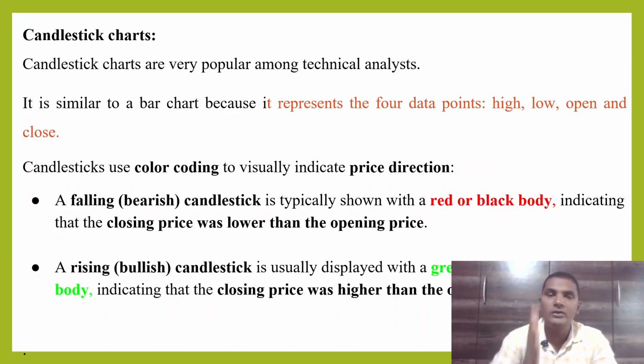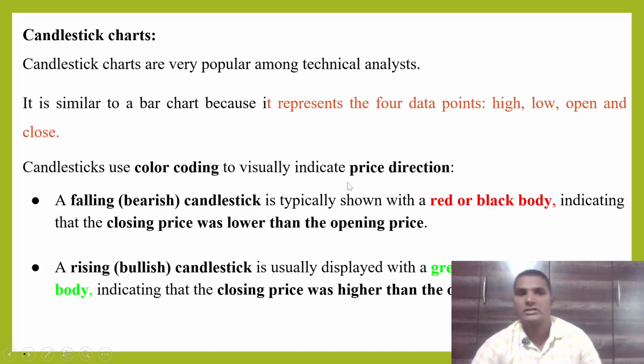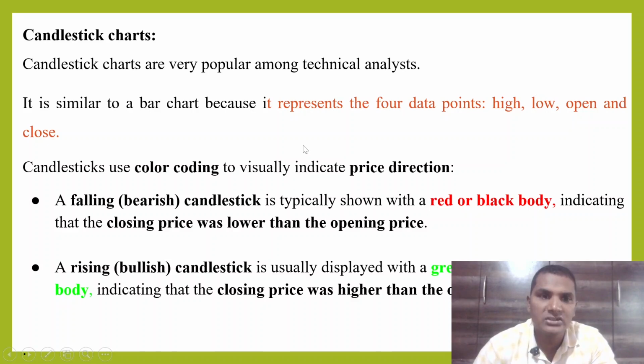बिकॉज बार चार्ट एक खाली एक लाइन होती है, उसको 2 टिक होते हैं, राइट और लेफ्ट टिक, जो इंडिकेट करते हैं ओपन एंड क्लोज प्राइस। लेकिन यहाँ पे कैंडलस्टिक चार्ट यूज़ करता है कलर कोडिंग एंड दैट इंडिकेट्स द प्राइस डायरेक्शन। अगर ग्रीन कलर है तो इट मीन्स the price is moving upside, it's a bullish candle। और अगर ये रेड कलर है it means the price is going down, it means it's a bearish candle।